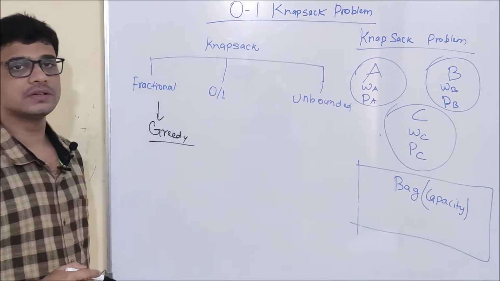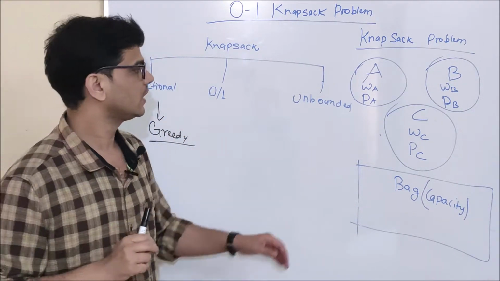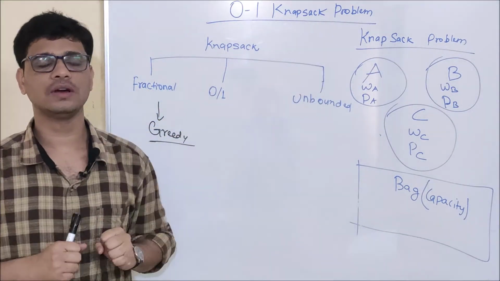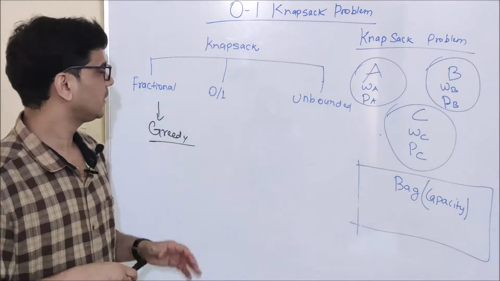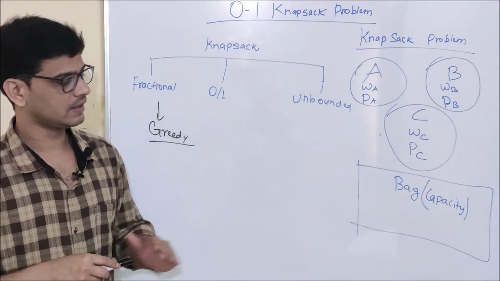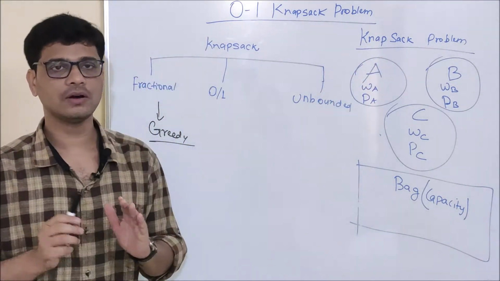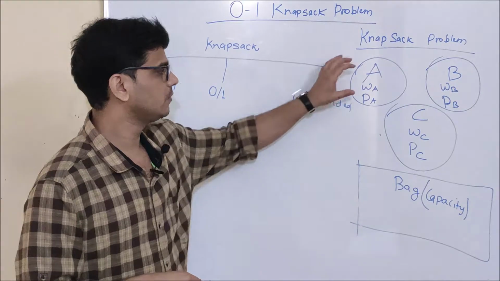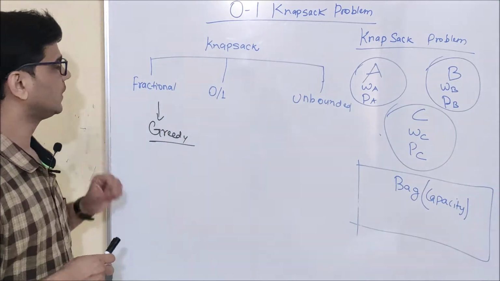Basically, what we do in fractional knapsack is that, suppose I have a bag of capacity 2 kg and object A weighs 4 kg. And I have only this object to consider. So can we take it totally? No, we can't. But what we can do in fractional knapsack is break this object and take part of it in our knapsack. This object is of 4 kg and I have a bag of 2 kg. So what will I do? I will break this object into two parts of 2 kg each and I will take one part in my knapsack. So this is what we can do in fractional knapsack.